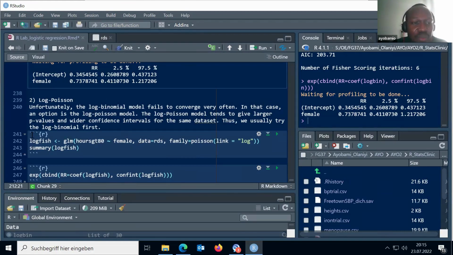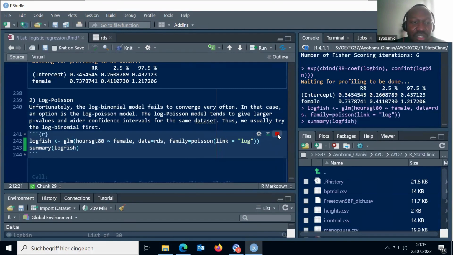So we create an object called logfish to store our model. So it is hours and gender that we are trying to see now. We change the family. We are using Poisson now instead of binomial distribution. These are statistics, and the link is log. It's not logit, because what we are looking at is risk ratio, not odds ratio. So if I run this,